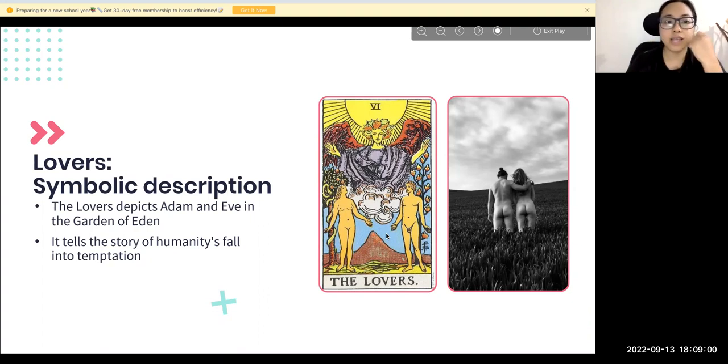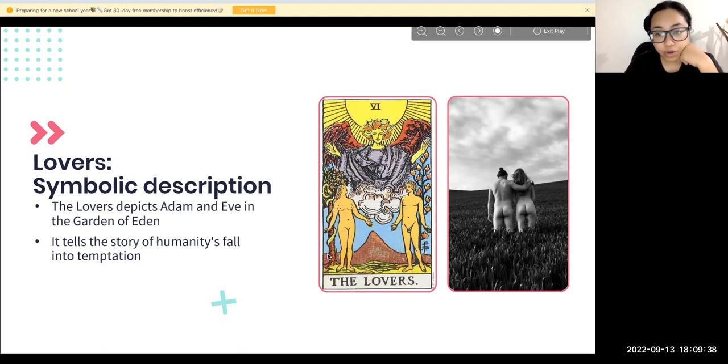So let's start understanding the Lover's card symbol. What is the symbol of the Lover's card telling? If you see, it's like the story of Adam and Eve, the Garden of Eden. This is the Lover's card. Both of them, you can see, there is a male and a female in naked bodies, because at that time Adam and Eve were also naked in the Garden of Eden, where everything was innocent and there was nothing to be worried about.